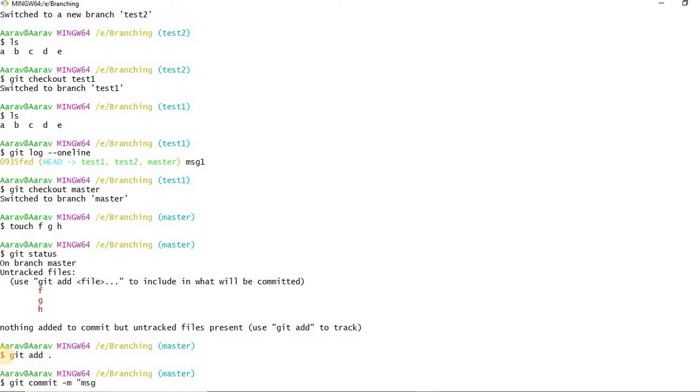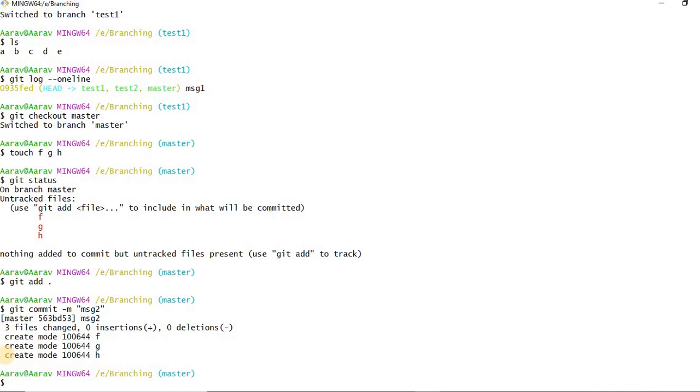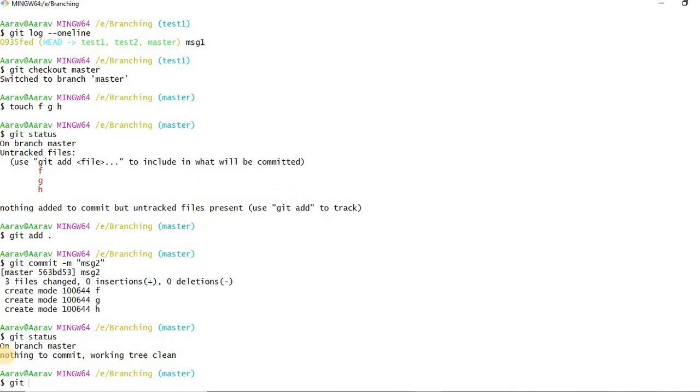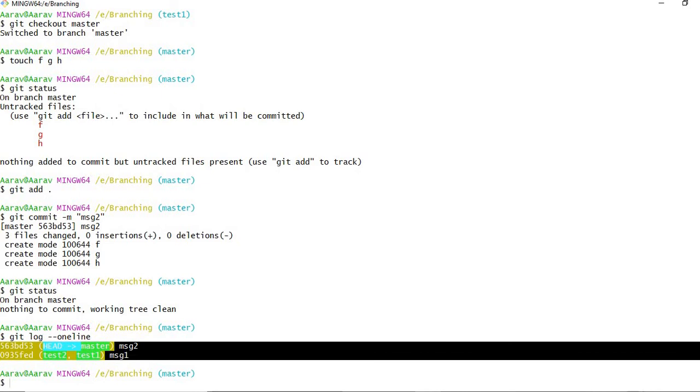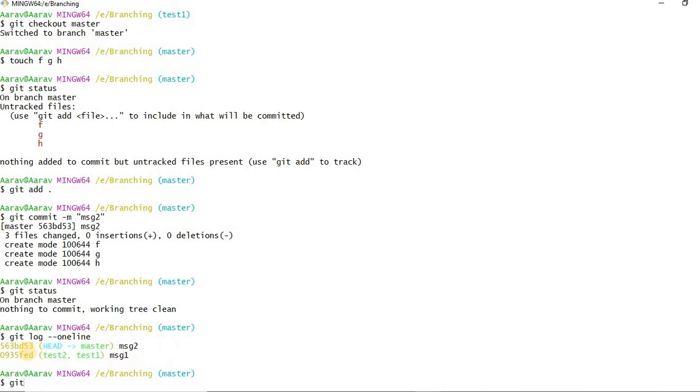I'm just giving message 2. Now check git status, nothing is there. Git log with one line. So now this is the commit history I have in the master branch.